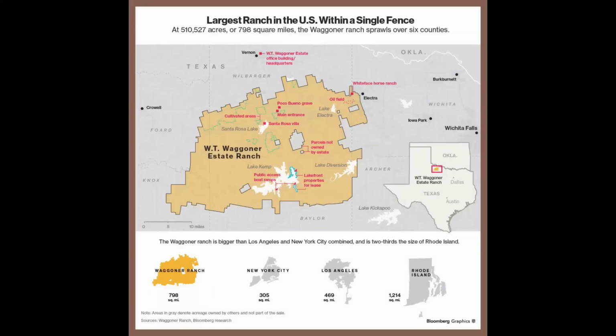Wagoner Ranch, started by Dan Wagoner sometime around 1852, with 15,000 acres for longhorn cattle, and which today is the United States' largest cattle ranch behind a single fence. It stretches from west of Wichita Falls in Wichita County, also covering parts of Archer, Baylor, Ford, Knox, and Wilbarger